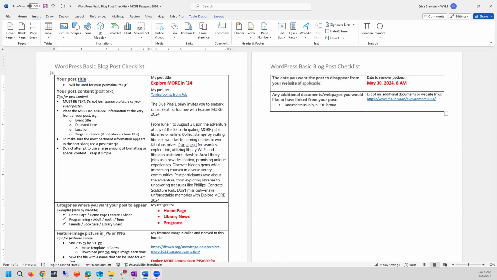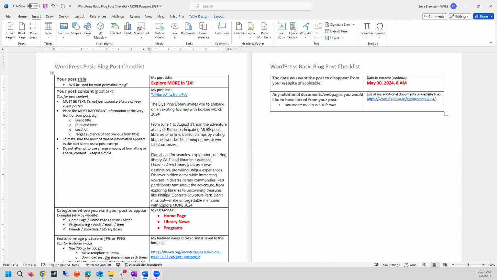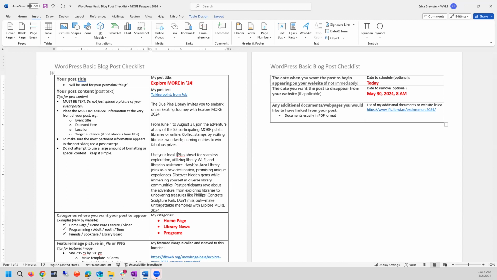And then I'm going to break up a paragraph so you can actually get that online. Let's see, collect stamps. The plan ahead one is use your local librarian, use Kathy, we're going to say Kathy, sorry, use Kathy, your local librarian,